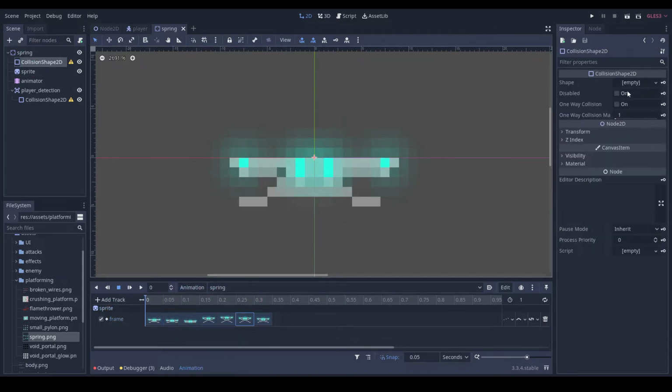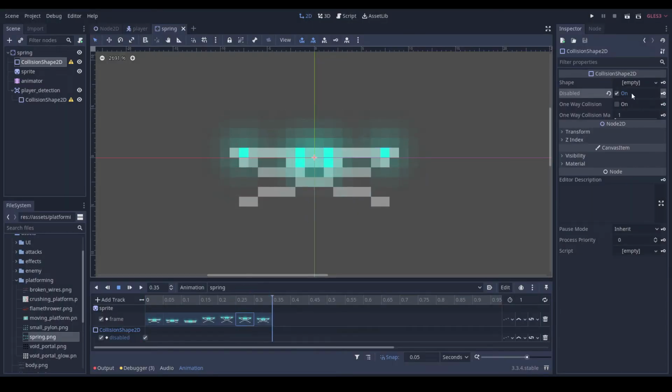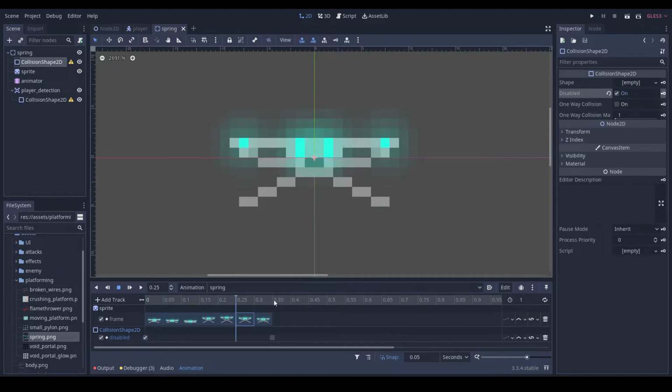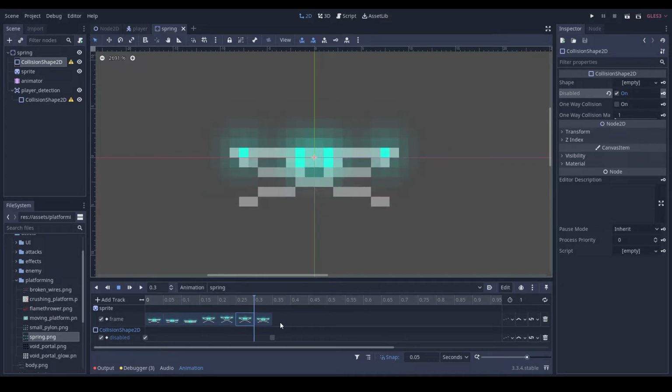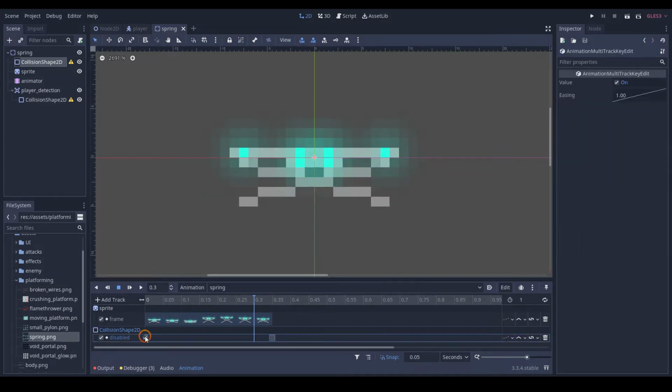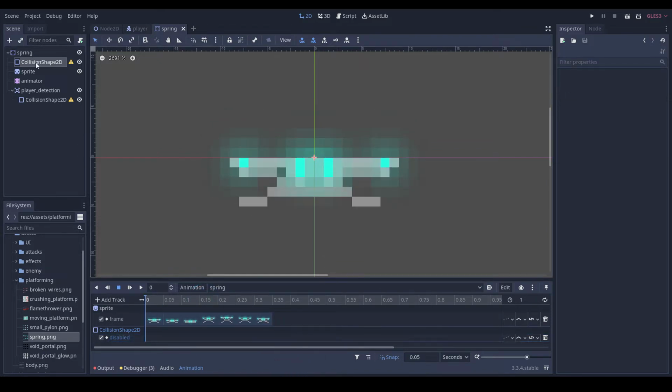What we're also going to do is key in disabled on this here, and then enable it at the end. No, sorry, what we're going to do is I'm going to end up offsetting it, but for now